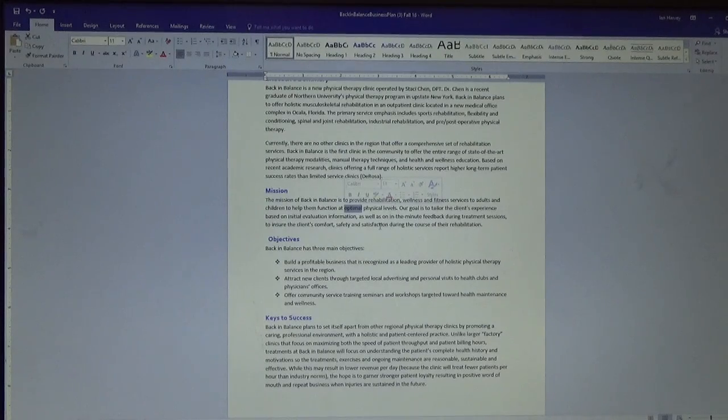Maybe we just feel like we're using that word too much. We just want a different word. Maybe it's too cliche, whatever it might be. So a thesaurus helps us to be able to choose new words. So in our Review tab,